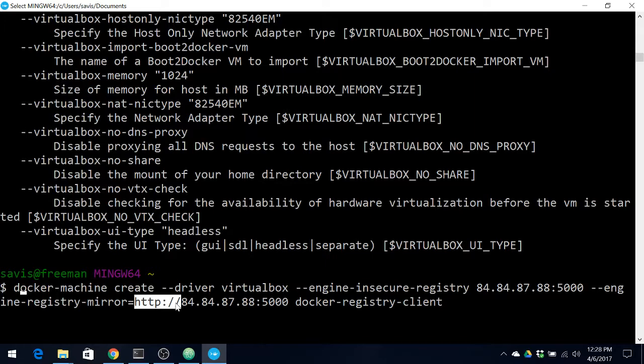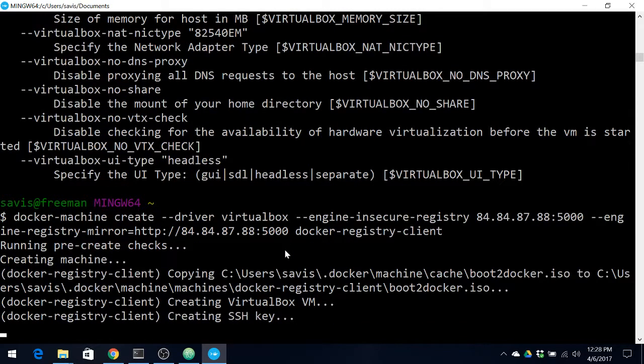The instructions for secure registries are totally different. We are not talking about secure registries. But if you do not specify HTTP or if you do not specify the equal to sign, a lot of things could go wrong, including your Docker will try to connect using HTTPS, but the server is not configured for HTTPS, so it will throw a lot of security related errors. So you don't want to fall into that trap. So remember these conventions. And after you create that, basically Docker is going to be configuring a whole new Docker machine, which is called Docker Registry Client. And it's not going to be touching your default Docker machine at all.